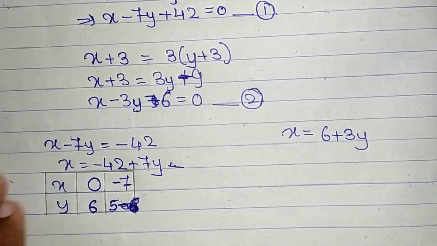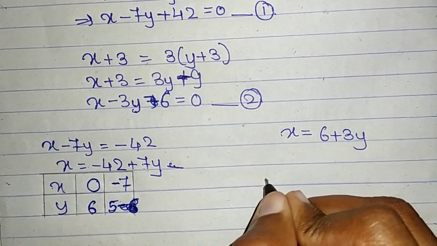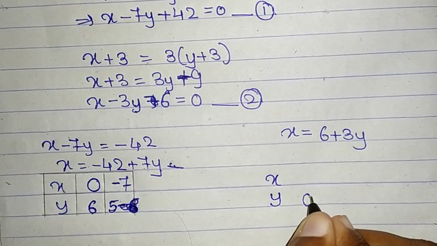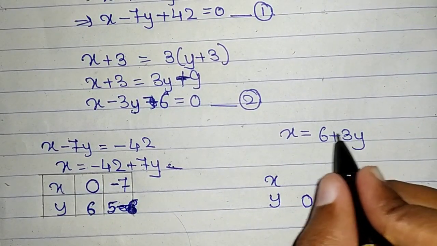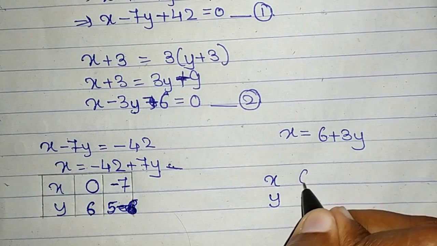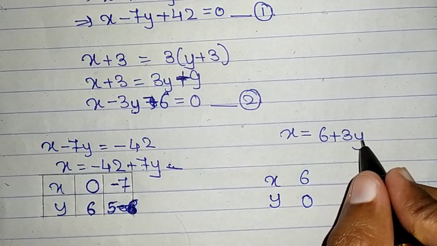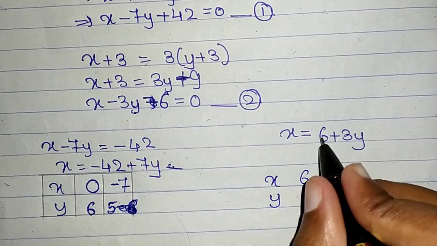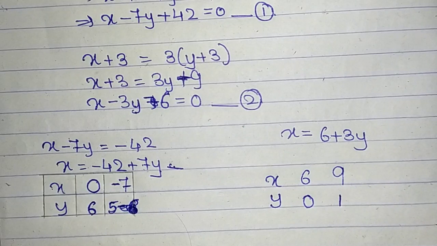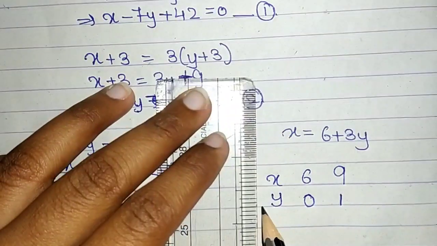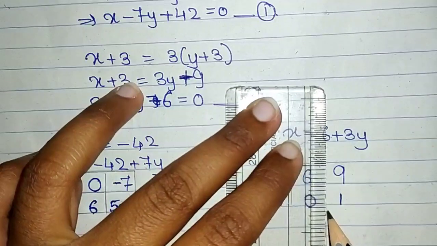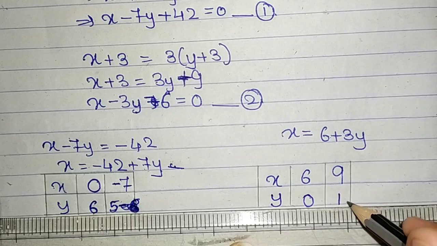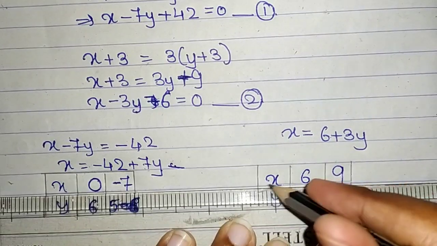Similarly, for the second equation, if y is equal to 0, x is equal to 3 zeros are 0, 0 plus 6, 6. X is equal to 6. If y is equal to 1, x is equal to 3 ones are 3 plus 6, 9. X is equal to 9. So these are the 2 points. 2 points are enough to plot a graph. I will show you this first main, but the remaining 2 mains are your homework.